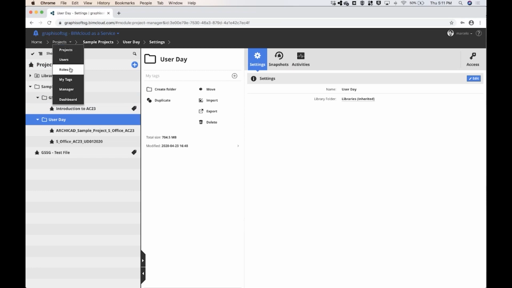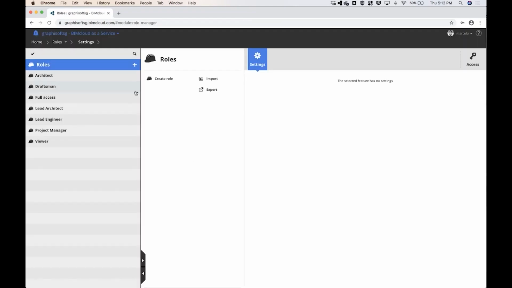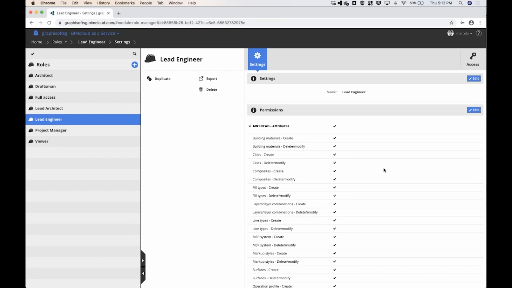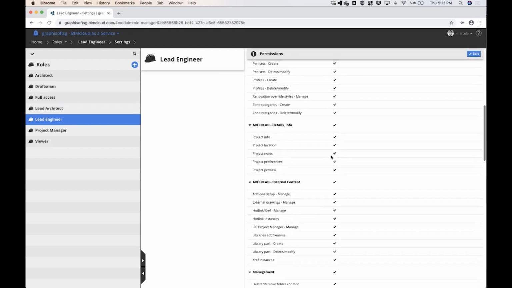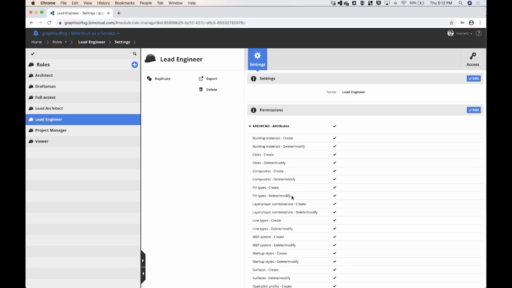So next we can go to the roles and see that now we can create different roles. So let's say since we have this multidisciplinary collaboration, I can create roles like for an engineer, an MEP engineer, structural engineer, and we can grant whatever permissions about this. This is similar to what was happening before, but it's interesting now to see here that we can control this by creating different types of roles. And these roles will then later be